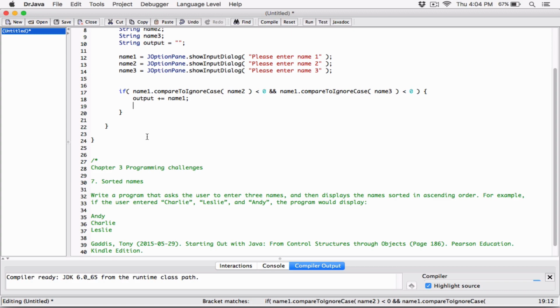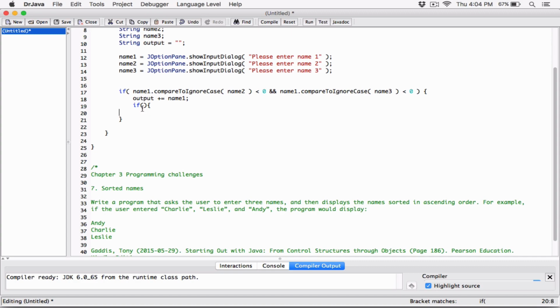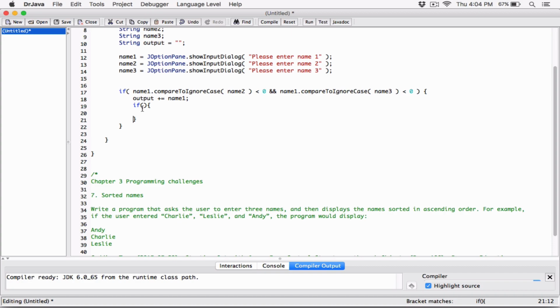Okay. Now, if that's the case, if name 1 is the first name that's going to be displayed, then the only two options are name 2 and name 3. So in that case, I'm going to open and create another if clause and say if name 2 dot compare to ignore case name 3, and at the same time